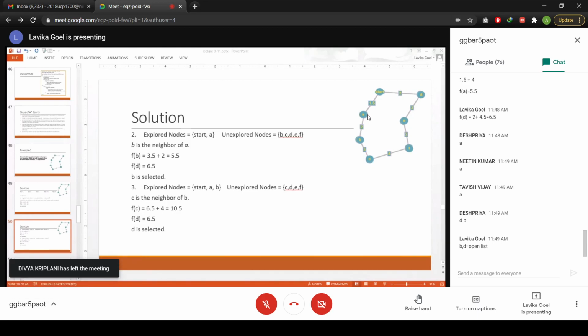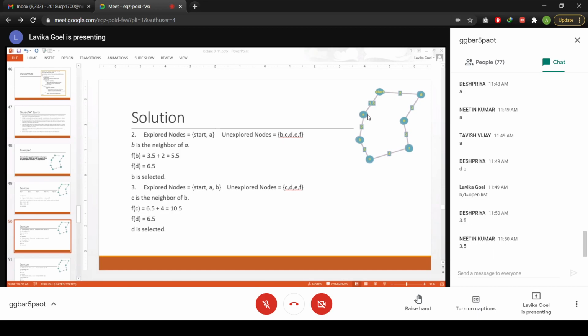So again, you calculate the F values of B and D. The F value of B is equal to G plus H. Can you tell me what will be the G value of B? See, the G value of a particular node is the cost of getting to that node.